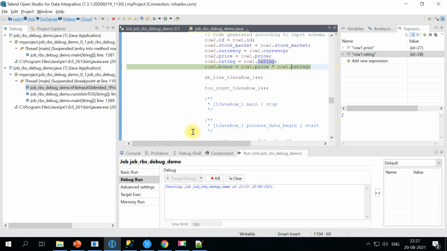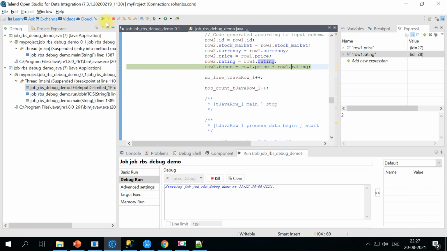Please note this Java debug is something you will have to resume. Of course, you can set the step into and step return. These control how your debug should happen, whether it should be row by row or steps of sequence. All these things you can set up here.